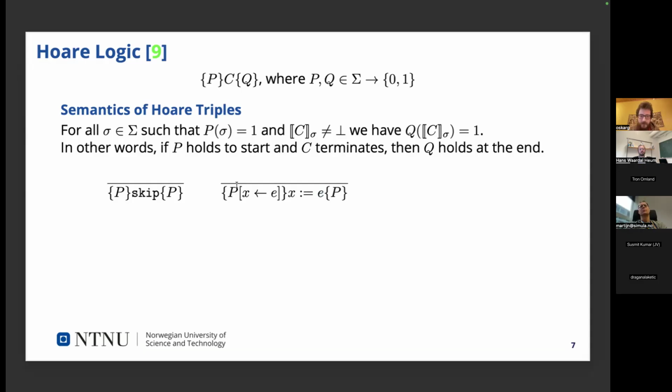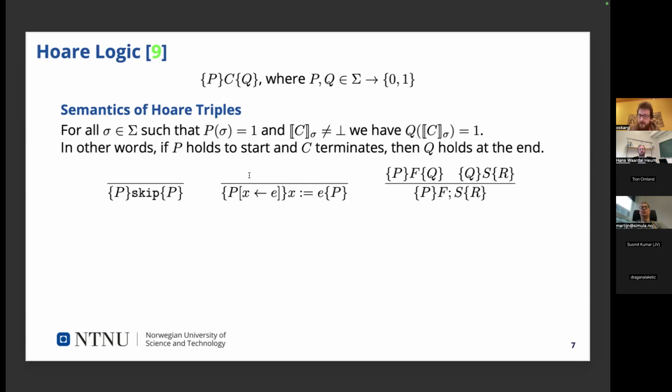Some find it a bit confusing that the substitution happens in the precondition rather than the postcondition. But we can't talk about X really at the beginning because X could have been anything to start with, right? But at the end, we might as well talk about X. It doesn't matter whether we talk about X or whether we talk about E because they're now the same thing, right? But at the start, we have to talk about E instead.